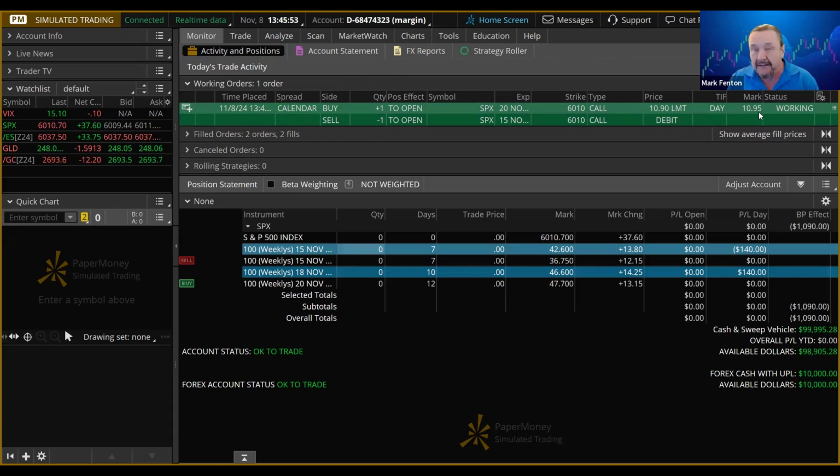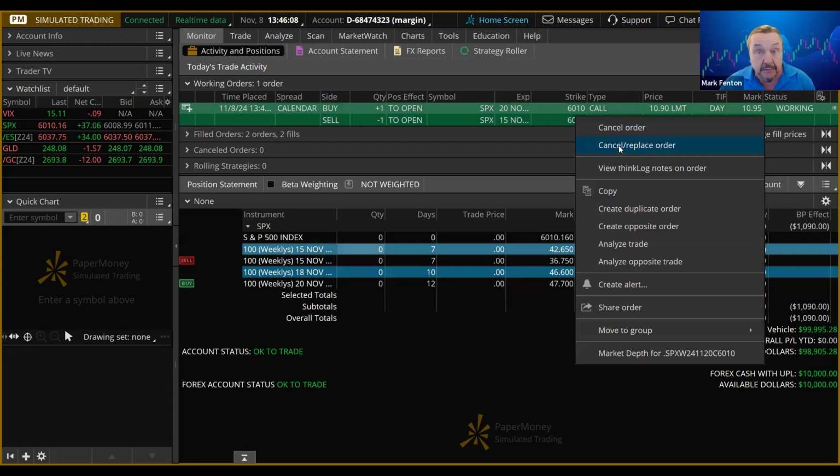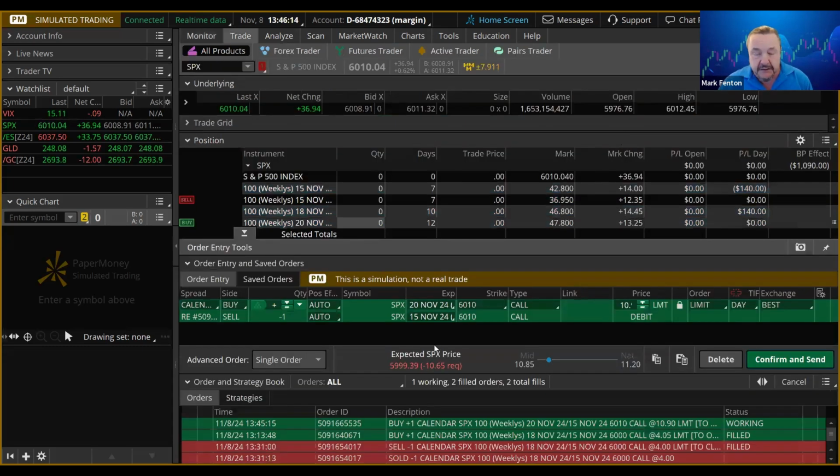You'll probably have to pick it a little bit on the higher end of the bounce. Like I might have to do $11 here, or you can just let it work here, whatever you want to do. But let's suppose I'm willing to pay 11 bucks and it's not filling here at 1090. So I right click on this trade and I hit cancel replace. You don't want to hit cancel unless you don't want to do the order at all. But if you hit cancel replace, it takes the trade over here so you can change your pricing around to